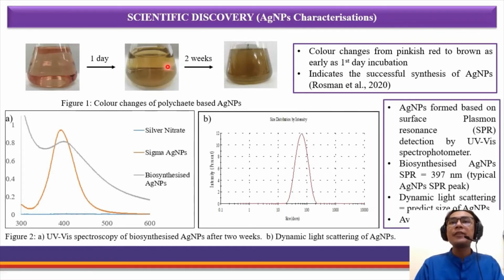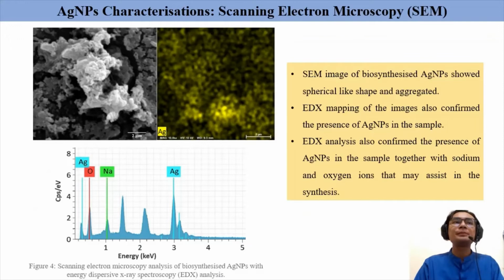And for further characterizations, for the UV spectroscopy analysis, we found out that the silver nanoparticles have a surface plasmon resonance peak at 397 nanometers, which is the typical peak for spherical silver nanoparticles. And dynamic light scattering is used to predict the size of the silver nanoparticles, where they have an average size of 54.13 nanometers. For scanning electron microscopy, to study their morphology, we found out that they have a spherical-like shape